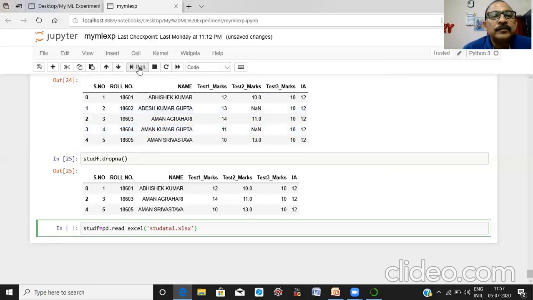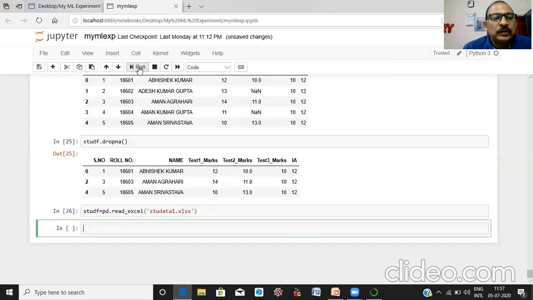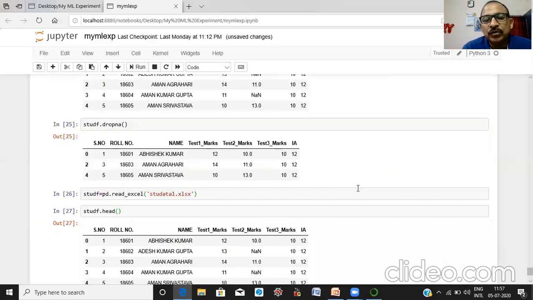Run it. Okay, let us check it. Here you can see it contains the original values. Okay,